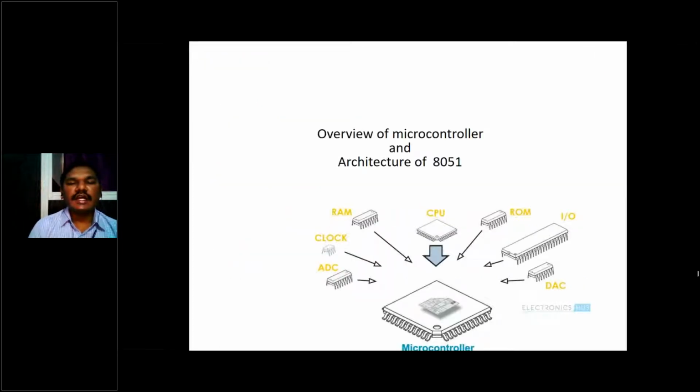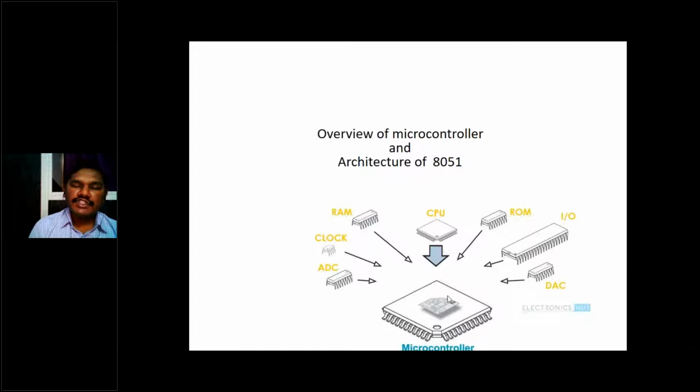See here, this diagram explains what a microcontroller is, and I'll explain the difference between a microprocessor and a microcontroller. But for the time being, you see every arrow is towards this IC. This is called an IC or a chip. So every arrow is towards this chip.